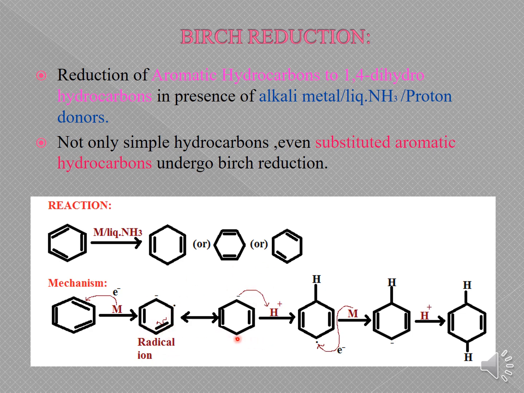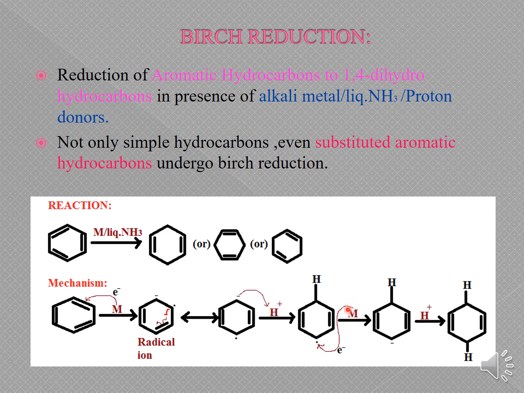Then there is the generation of one more radical towards this side. This radical will combine with this radical. So what happens here? When this radical combines with one of the radicals towards this side, there is a generation of one bond. Okay, this bond is generated, this radical is formed. And after the formation of this radical, you are seeing this carbanion, right? And then you have to treat it with the proton. Upon protonation, this carbanion will abstract the proton and you will gain this protonated compound.